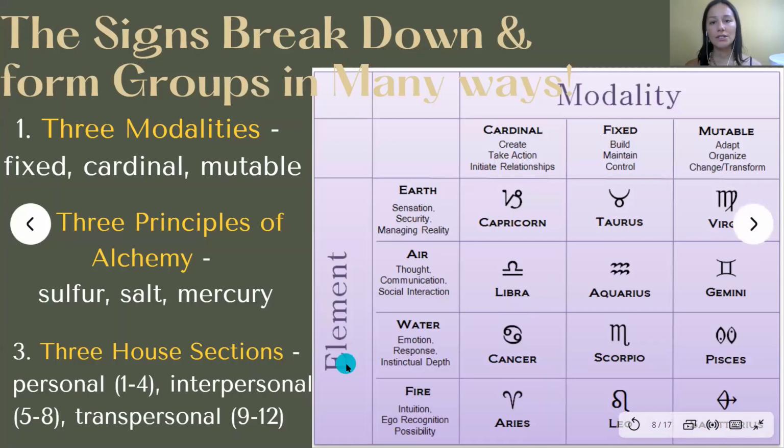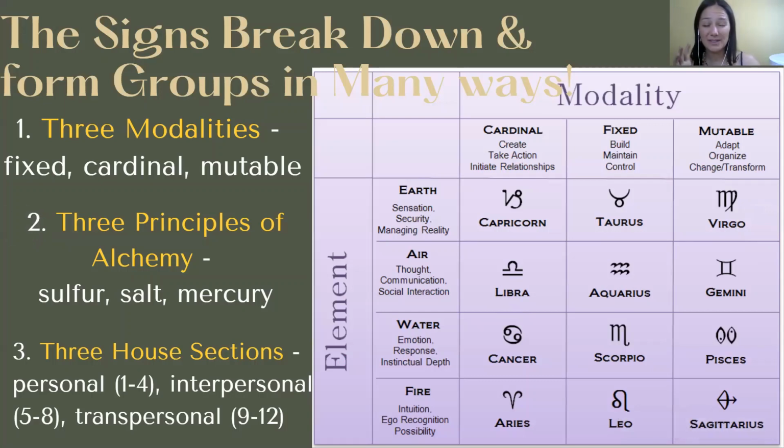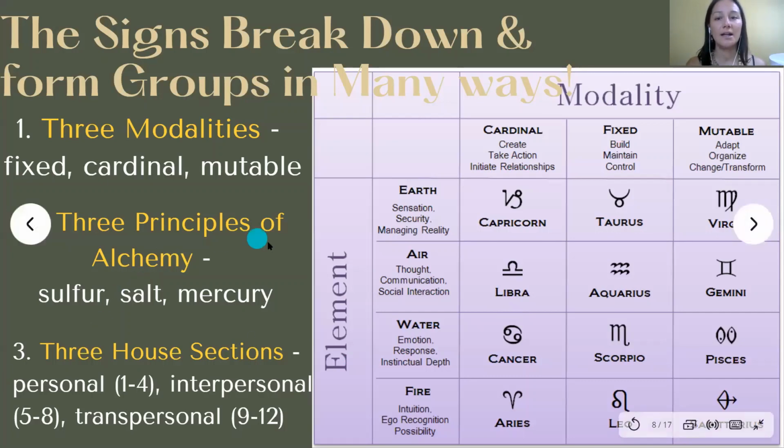Now, the astrology, just to give you more depth into how rich astrology can be, we see that not only are there elements and signs and planets, there's also different energies that fit with each zodiac sign. And that's called the modality or the principles. And so Capricorn is a cardinal earth sign, and there's only one cardinal earth sign in the whole zodiac.